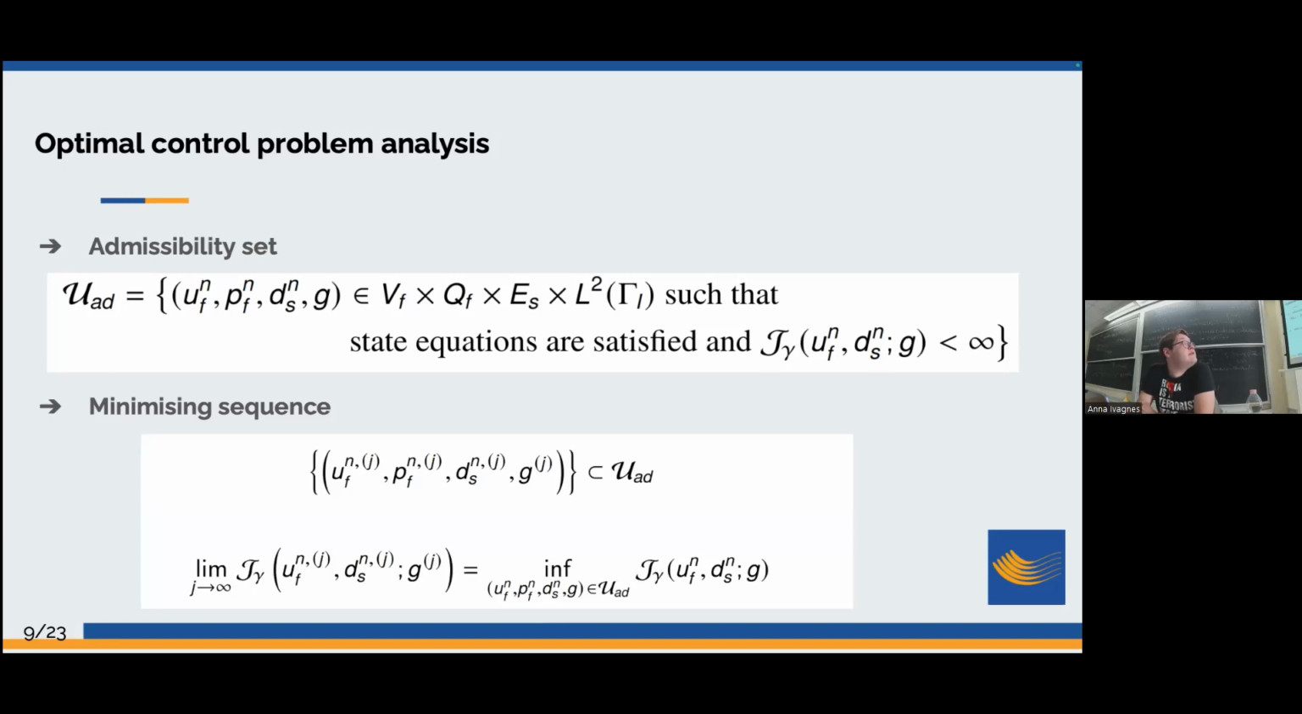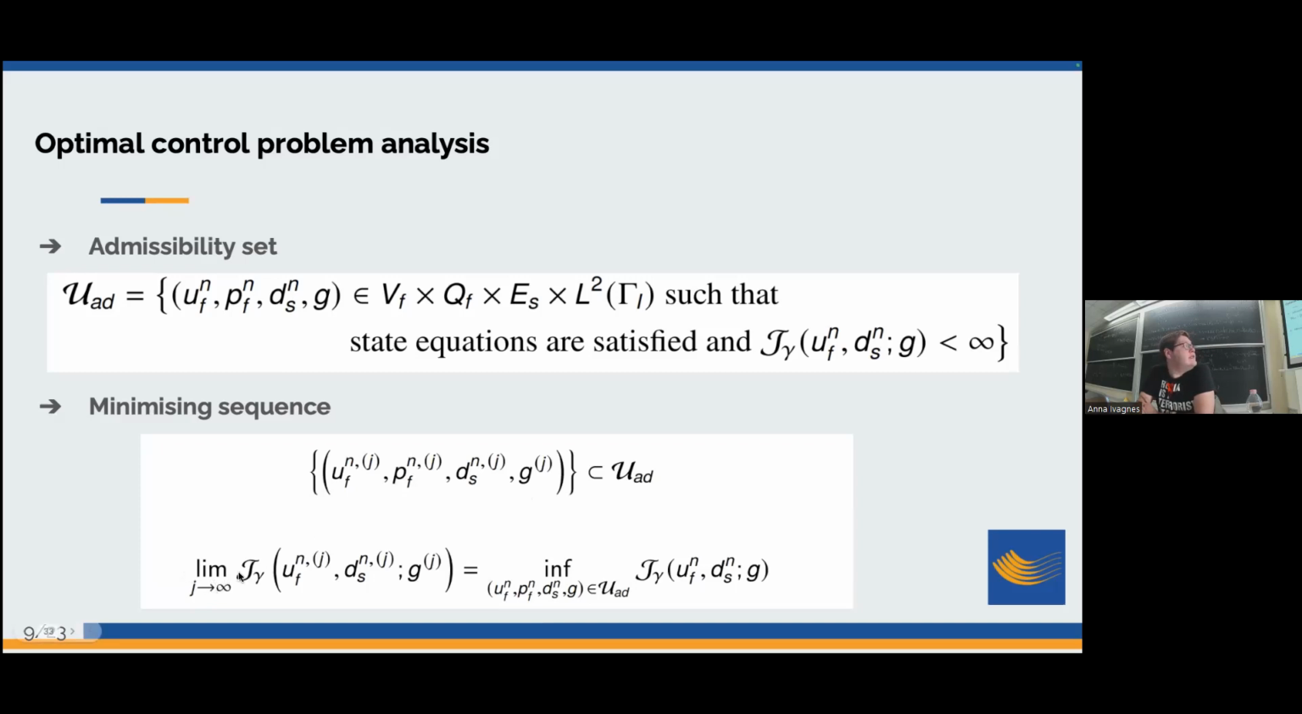There are actually a few reasons for that. Maybe the easiest one is that when we take G equal to 0, then we lose the coupling between the fluid and structure equations, and in that case the fluid and structure problems are well posed. So we can solve them, and the solution belongs to the admissibility set. Then, since the admissibility set is not empty, we can choose a minimizing subsequence inside the set,